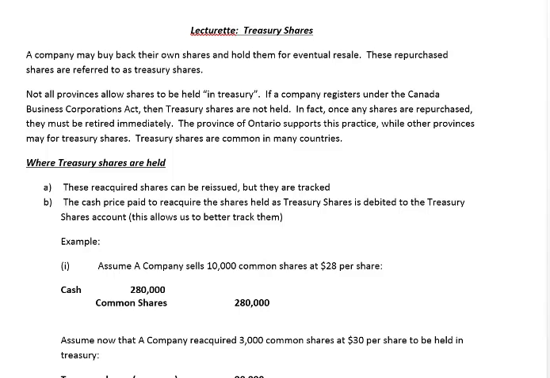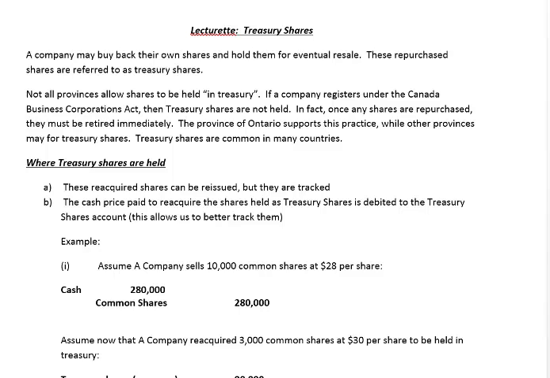In a previous course, we talked about share retirement, and when a company decides to retire some of its own shares, it removes them from their books at their average cost, and it pays cash to do so. So it's like buying them back from the investors. But what we've seen to date with share retirement is that when the shares are removed from the books, they are canceled, never to be reissued again.